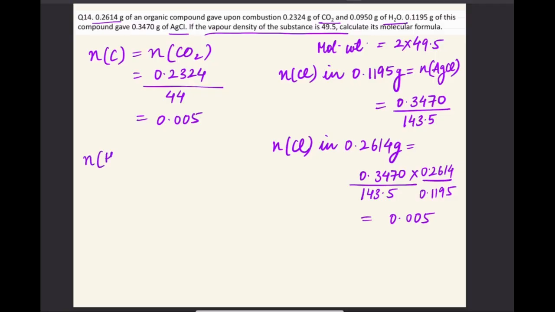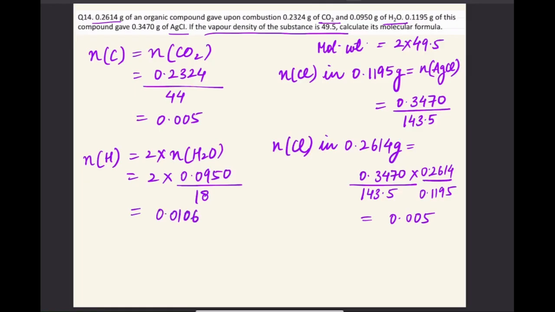Therefore, moles of hydrogen is equal to 2 into moles of H2O, which is equal to 2 into, now moles of H2O will be equal to weight of H2O divided by molecular weight of H2O, that is 0.0950 gram divided by 18, and this is equal to 0.0106 moles. Therefore, the ratio of carbon is to hydrogen is to chlorine will be equal to